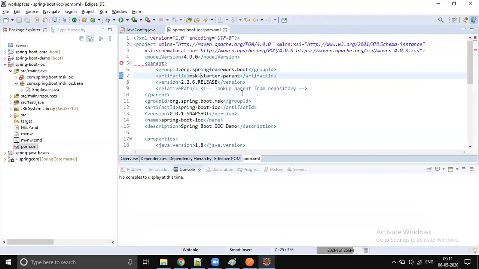So going forward in your company, in any project, you could see this kind of thing: instead of extending from the Spring Boot starter project, in some projects we extend from our own parent project.